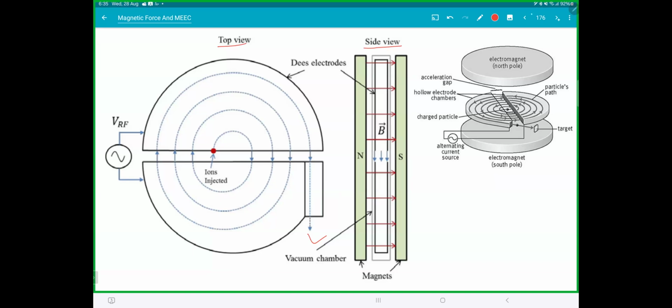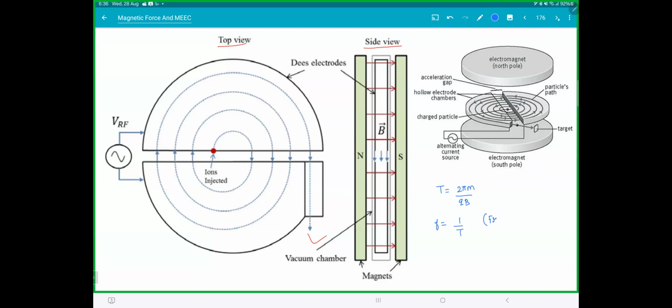Now, the best part about this is, we know the frequency. We know the time period is 2 pi m by qB. Did you observe one thing? This is independent of the speed. Therefore, the frequency will be 1 by T. So this will be the frequency of the source,